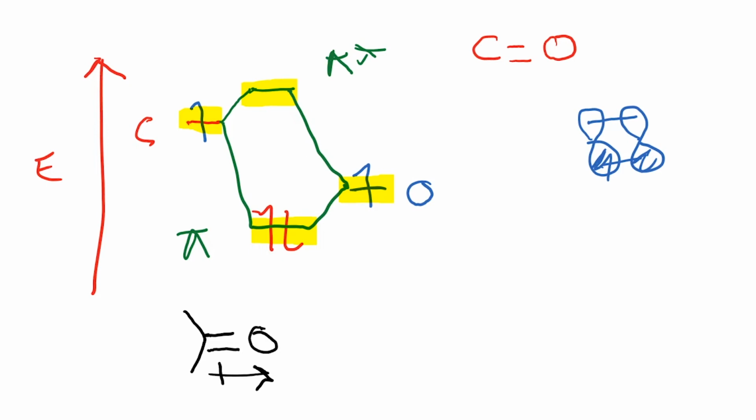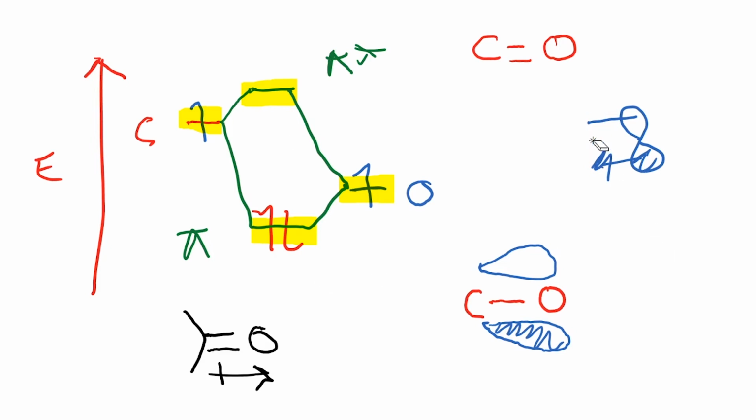Now let's come to the shape of the orbitals. When you draw carbon and oxygen, the contribution from oxygen is greater, and so the molecular orbital will look something like this. There's going to be a much greater contribution from oxygen compared to carbon. Therefore, this is something that we need to understand. The corollary to this is that you will have a much greater contribution from carbon when it comes to the antibonding orbital.